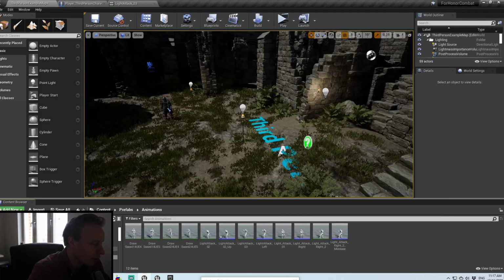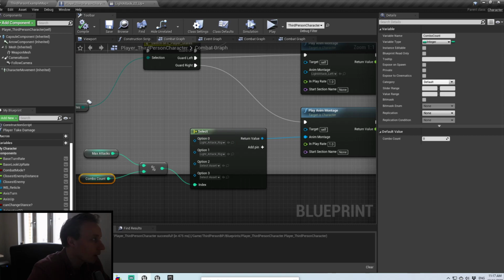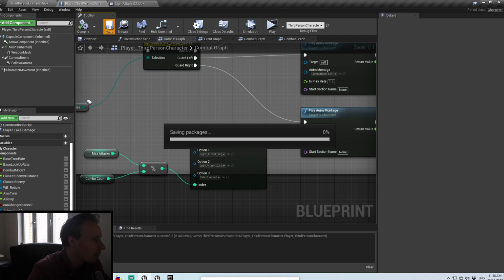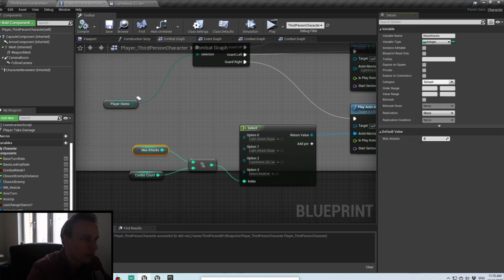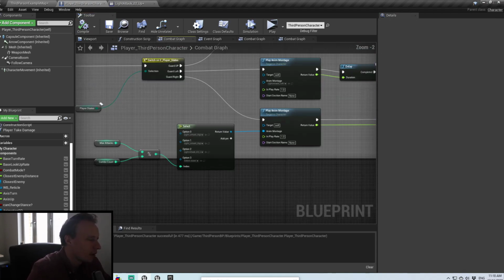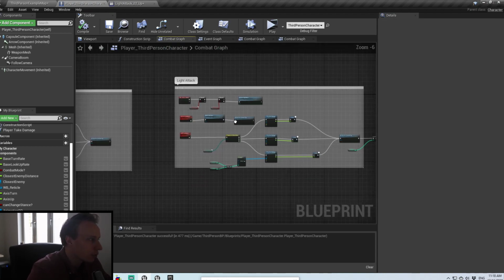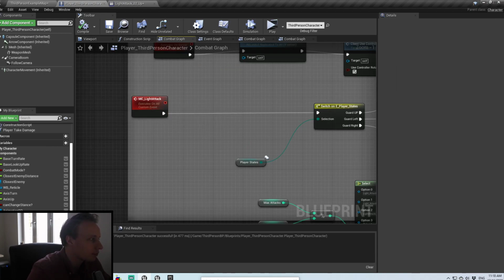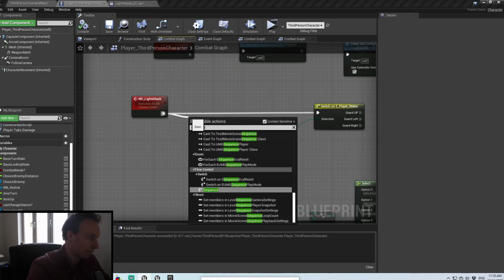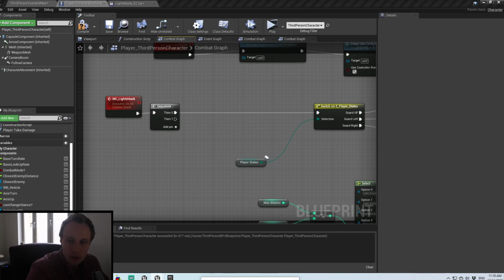Actually, I'm gonna add some more attacks just to show you how to do it. So I'm gonna add this one as well, just so you can see that we're doing 3 different animations. And we're gonna change the max attack to 3 instead. Perfect. And what we also want to do is we want a sequence here. So when we are doing the attack, we also want to